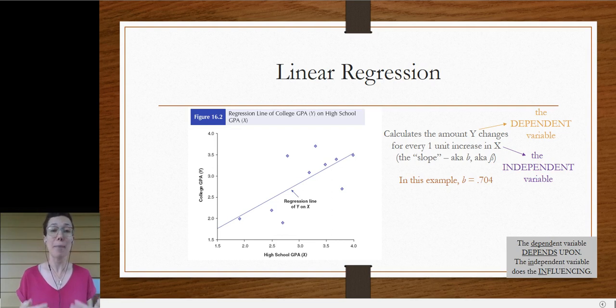So it calculates the amount that we would expect the dependent variable to increase. That's what's known as this little b, this italicized b, or what's called beta. Sometimes we see it reflected in different ways. Sometimes it's a capital B, sometimes it's this fancy looking B here, sometimes it's a little b. Everybody does it a little bit differently, which is not a helpful way to report statistics, but is a reality